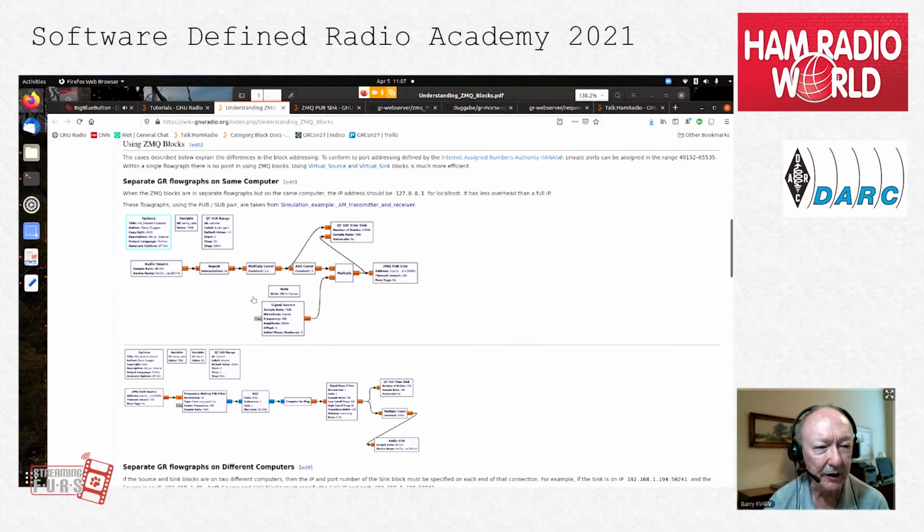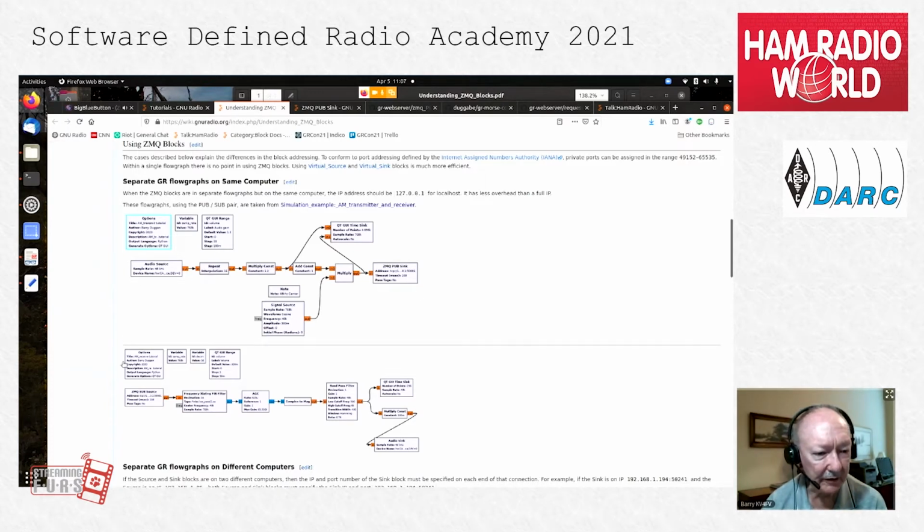So the transmitter section takes audio, adds a constant, which creates the carrier, multiplies that times a carrier signal, because we're simulating a transmitter, and pump that into a pub sync. The addressing on the pub sync is the local host and a port number of 50,001.